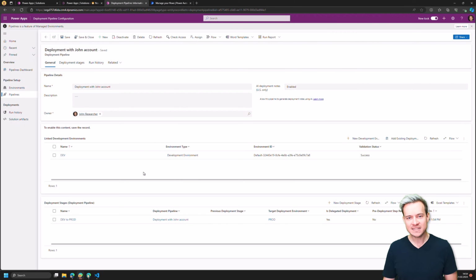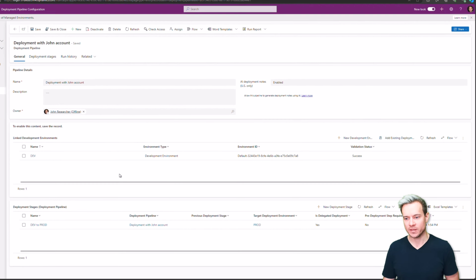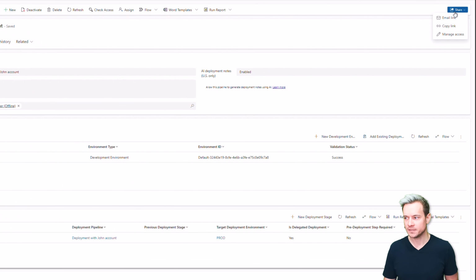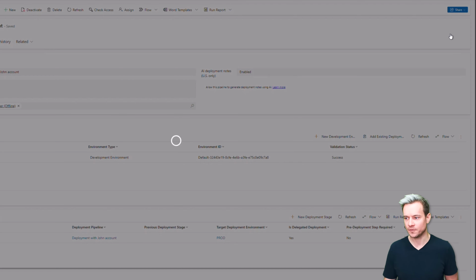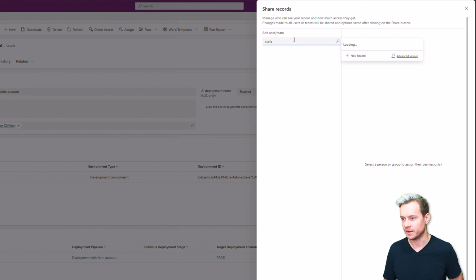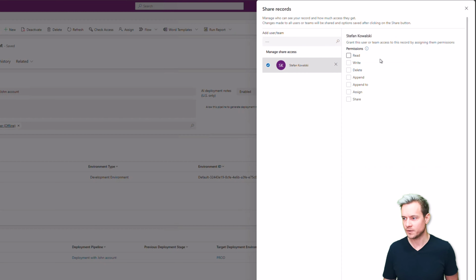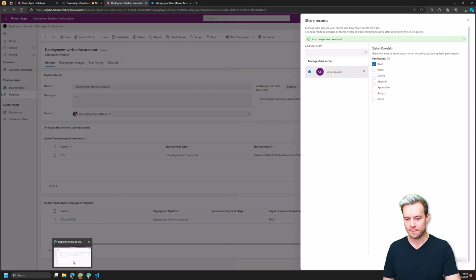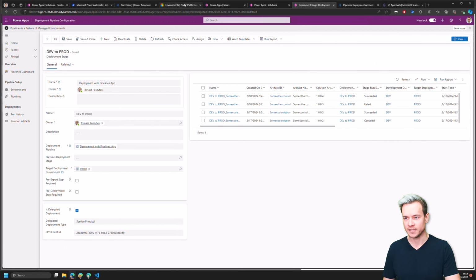Right? And last thing that we have to do is to share this pipeline with the user who in the end is going to use it. So for that, you need to hit the share button and then share it with Stefan in my case. So Stefan, come up, and you have to grant them these read permissions. Now Stefan, that's the last thing that we have to be aware,